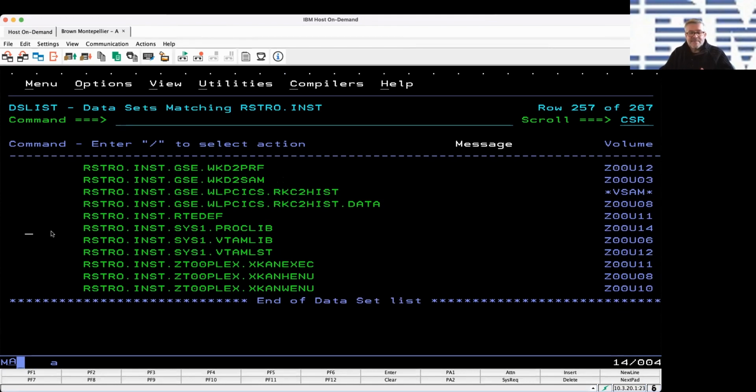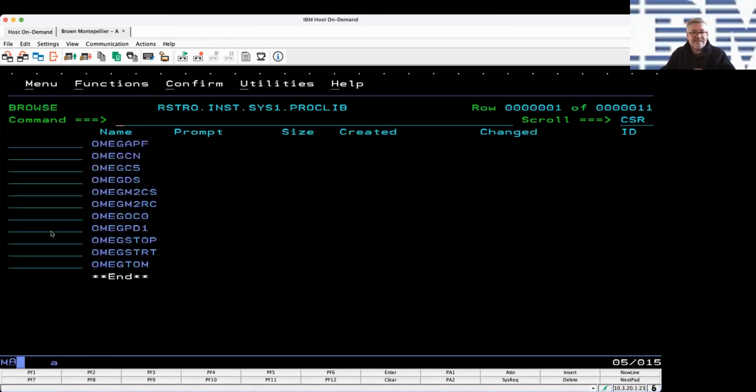So you've done the generate, that's created everything now. The last steps are to copy all these members to your system libraries. So if we have a quick look at SYS1.PROCLIB, we can see this is the list of the procs it creates. So it creates a proc that you can execute to APF the required libraries. You've got your Candle subsystem procedure that should be started first, and then you've got your KIC agent, and then we've got the TEMS started task,